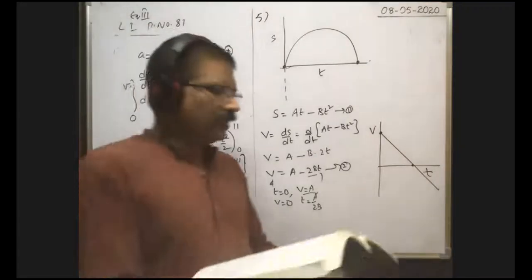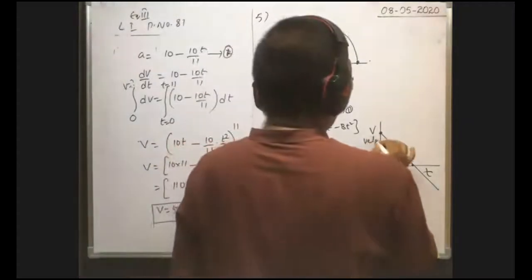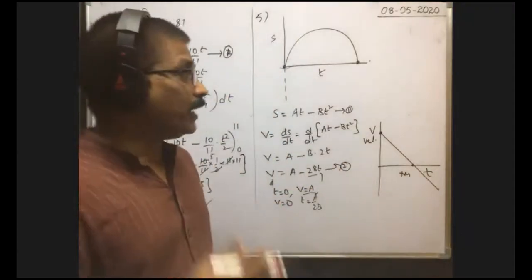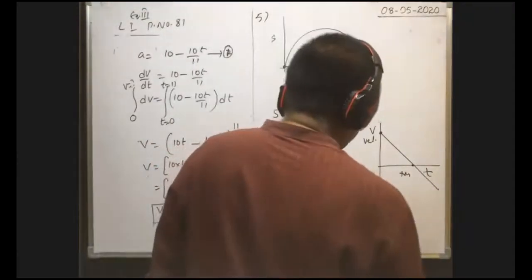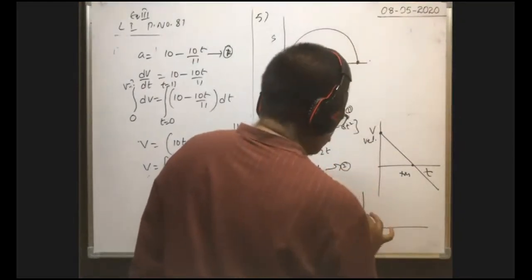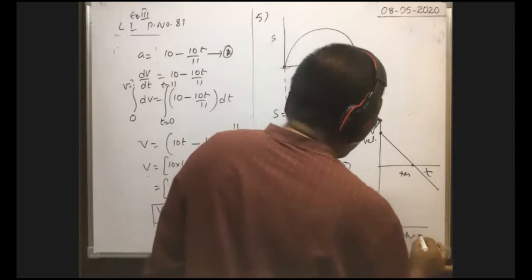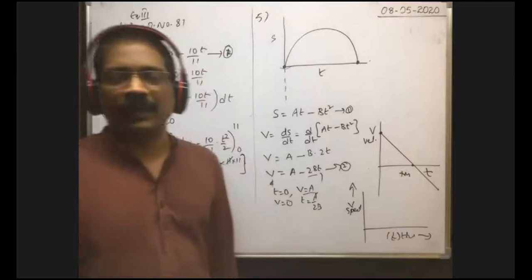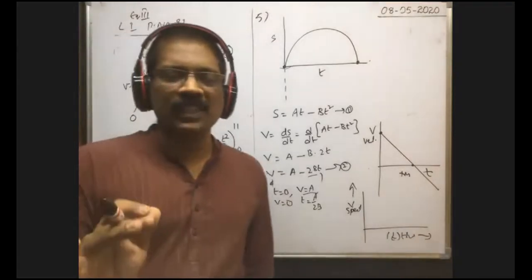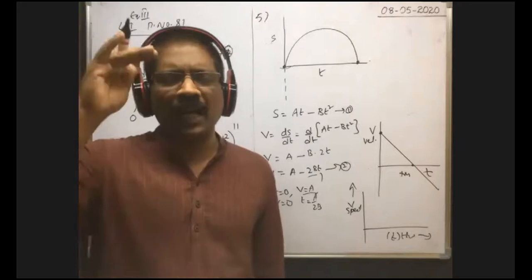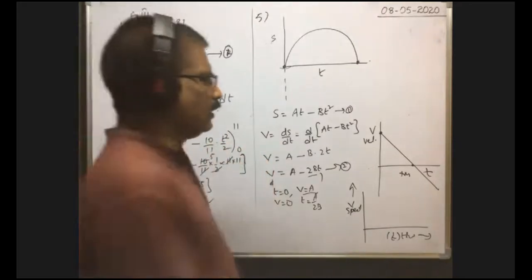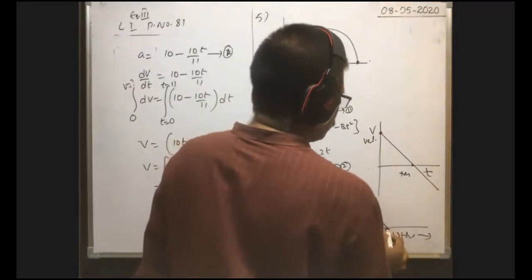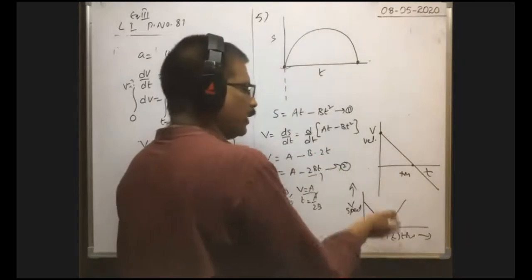Suppose they ask, here this is the velocity time graph. For the same problem, if they ask the speed time graph, how will you get it? Speed is equal to distance by time. Distance is positive, time is positive. That's why you will always get a positive value only. That's why you will get the same type of graph having negative slope, but you will get it like this, because speed is positive.